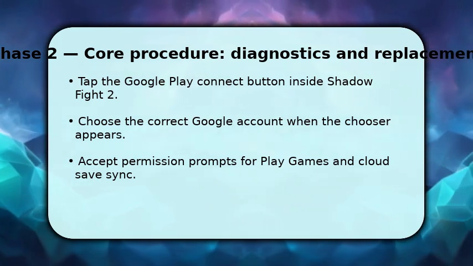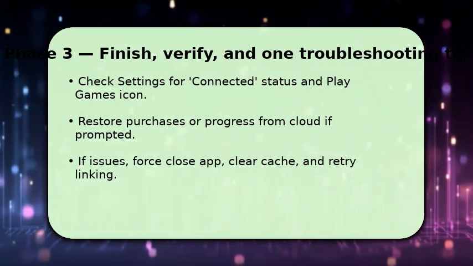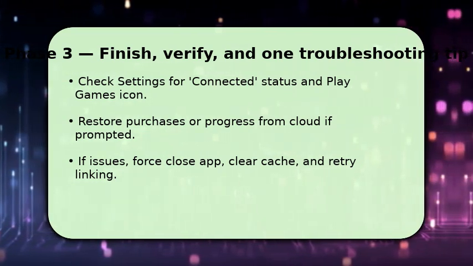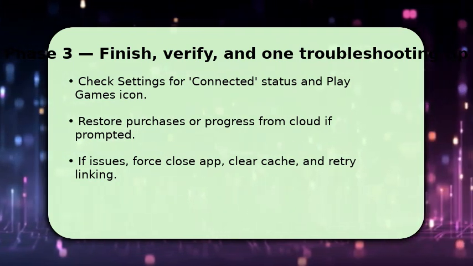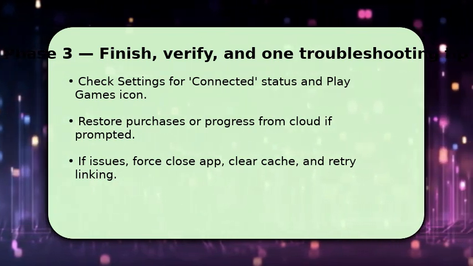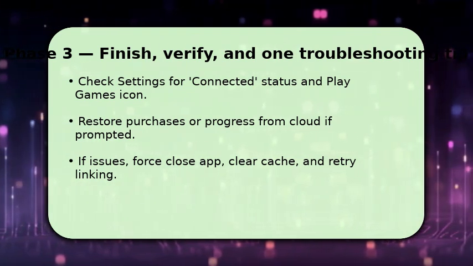Once connected, verify the settings show a Play Games icon or connected label. Then look for options to restore purchases or cloud progress and trigger them. If achievements or items don't appear, sign out of the game and sign back in, or restart the device to force a fresh auth. Troubleshooting tip: if linking fails, clear the game's cache and data, reopen, and attempt the Google